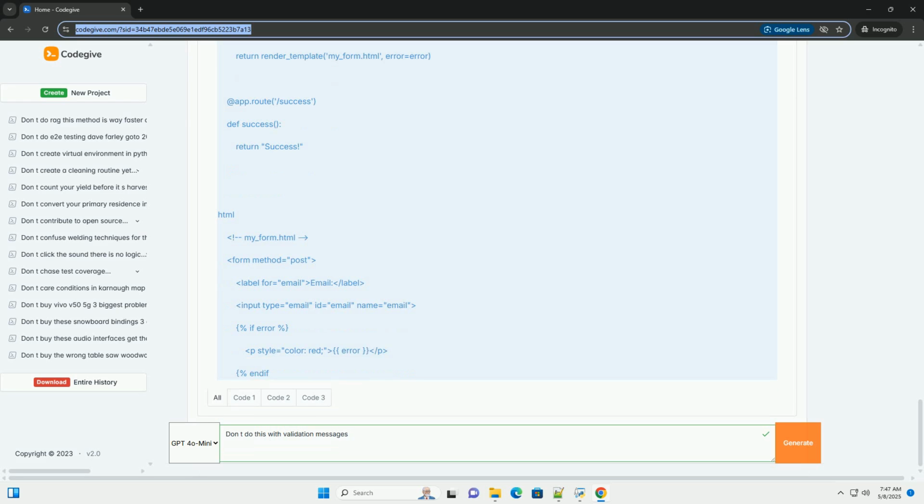4. Conciseness: keep messages short and to the point. Don't overload the user with unnecessary information. 5. Consistency: maintain a consistent tone and style throughout your application. 6. Placement: display error messages close to the field they relate to, ideally immediately below or to the side of the input. Avoid generic error summaries at the top or bottom of the form unless also linked to the